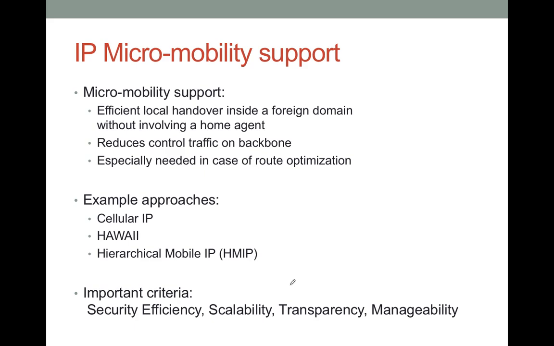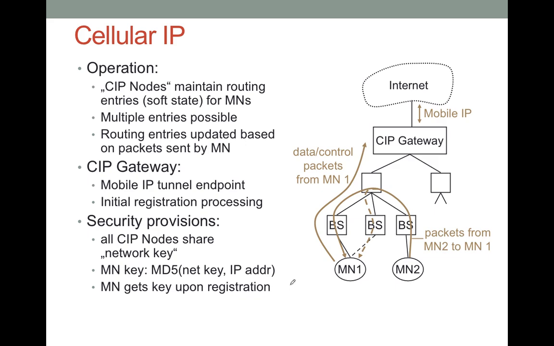So examples of the approaches you can implement are using cellular IP or CIP, Hawaii, or hierarchical mobile IP or HMIP. What are the important criteria for IP micro mobility support? They are security, efficiency, scalability, transparency, and manageability. And look at CIP, cellular IP, how they operate. If you look at the architecture there,